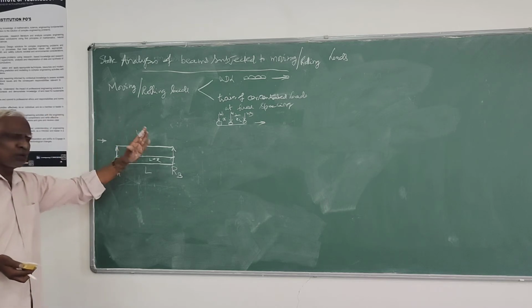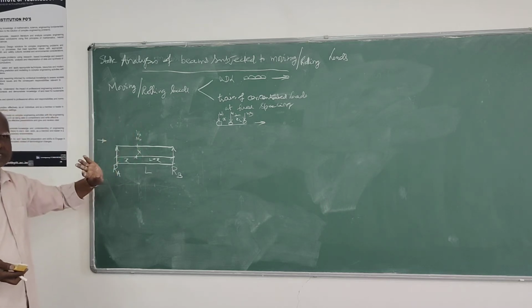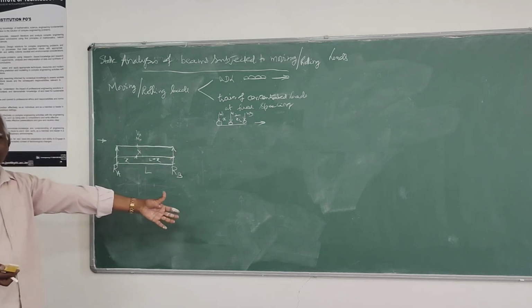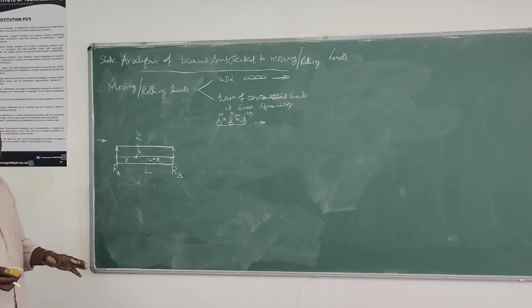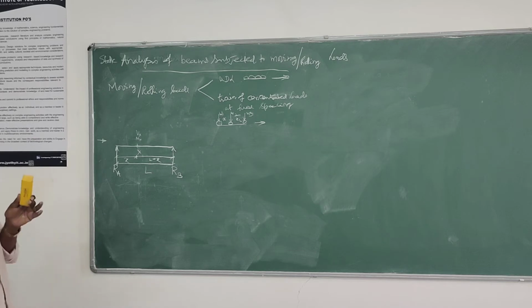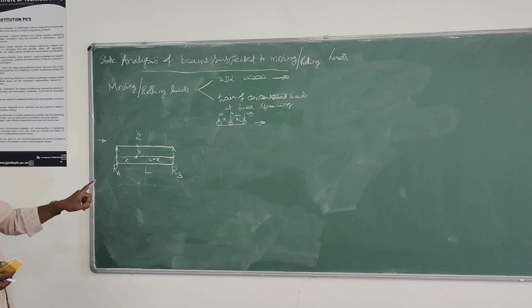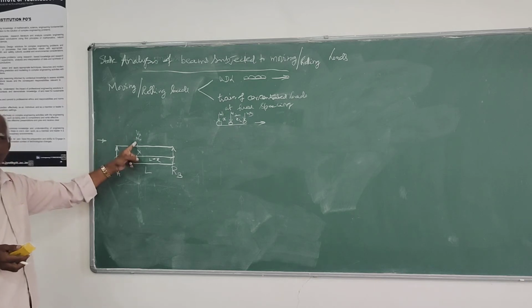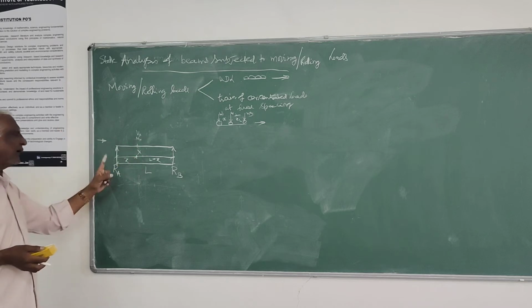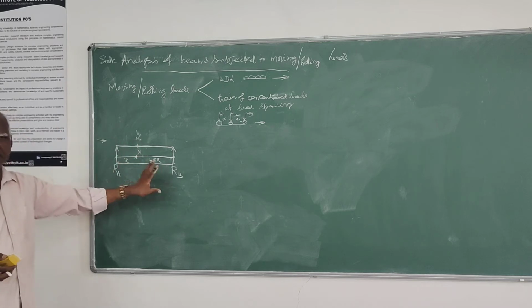There also we have to allow one load to cross that section one by one, but instead of using an influence line diagram and calculating that value each time, we use a criterion: we calculate the change in shear force each time and arrive at the maximum value using some criteria. That's another method. So the things we have to determine are the maximum shear force at a section, the maximum bending moment at a section, and the maximum shear force developed.